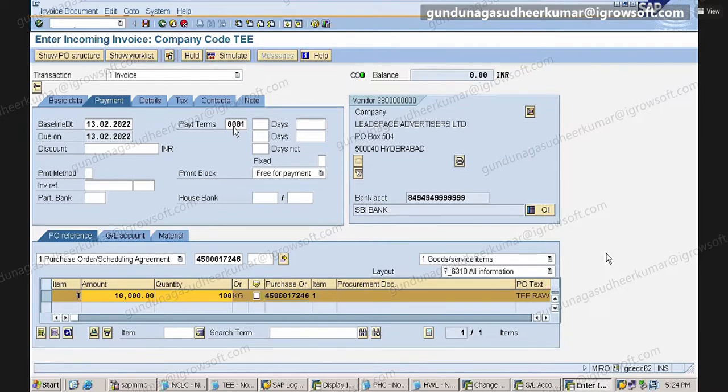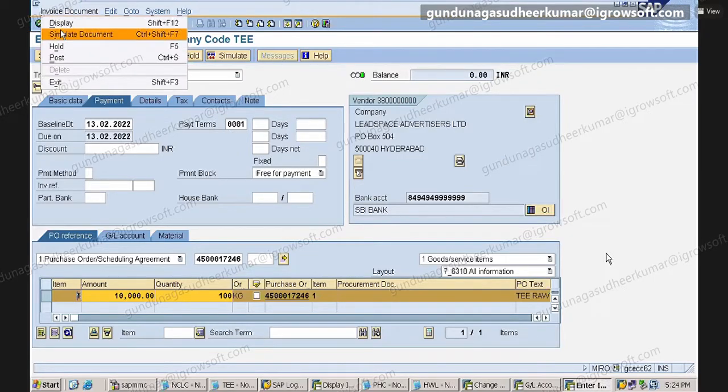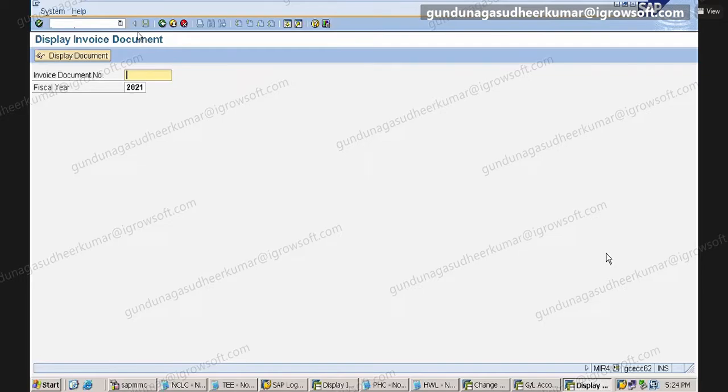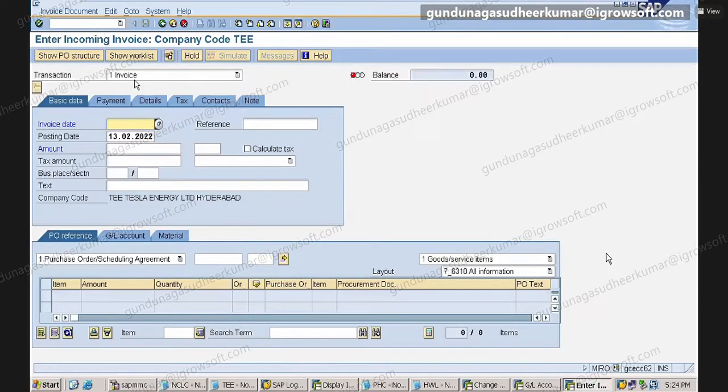Now what is the entry here? GRIR debited, vendor credited. Correct. GRIR debit to the vendor account. Let me show you the document display. We have not yet posted, that's why. You have to post it first.